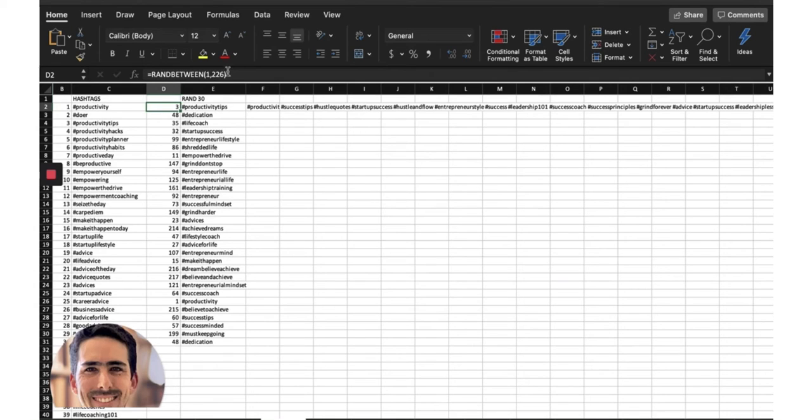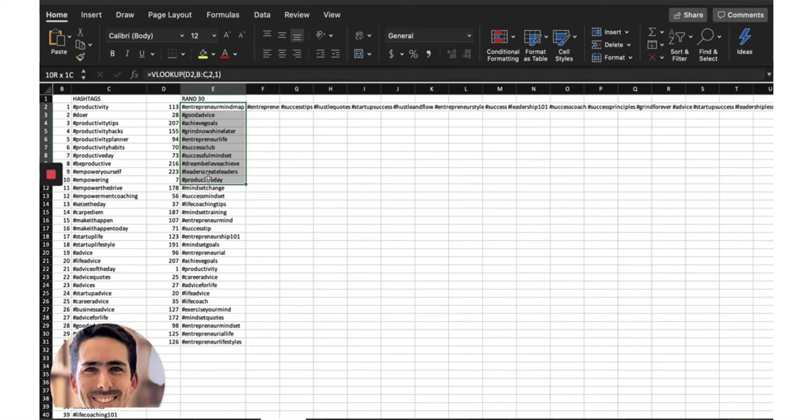That way, if you wanna create new 30 random numbers, you just put the pointer of the mouse here and you click enter, and you get 30 new random numbers. So you can choose if you're only using 10, just grab 10 hashtags, or however many you're gonna use. And so the next formula in column F, in my case, it's gonna be equal to